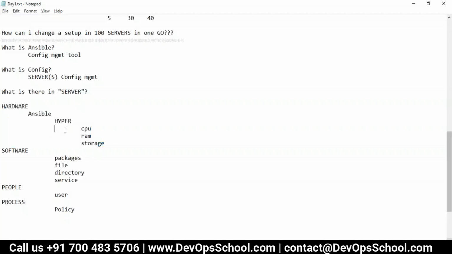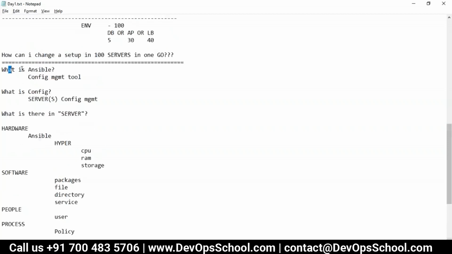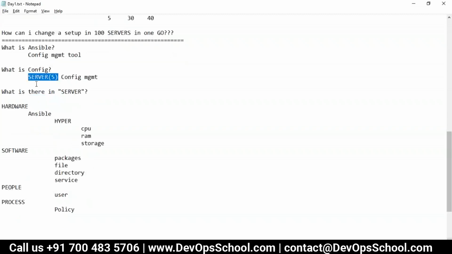So yes, in short, let's understand that. What is Ansible? Everyone calls it a configuration management tool, but we need to know what configuration management is. Then we got to know we are talking about nothing but server configuration management. The next thing is: what is there in the server?